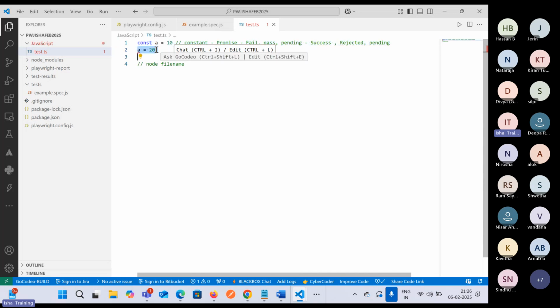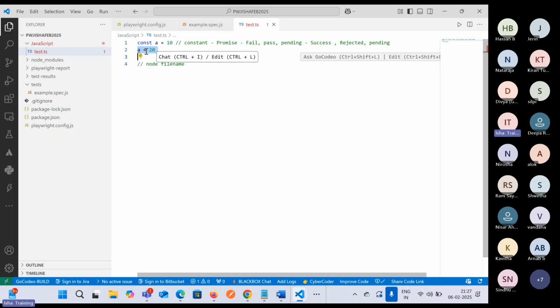And in this case that we have seen, that will return a promise of rejection, because it is saying that a constant is not allowed to be reassigned to some other value. So at this point, or at this line, the promise has been rejected, and that is what is known as a promise. Every line of code that we write in JavaScript and TypeScript will return something,